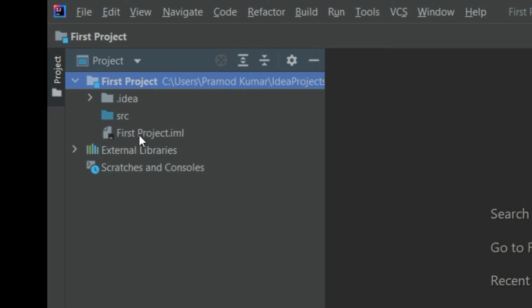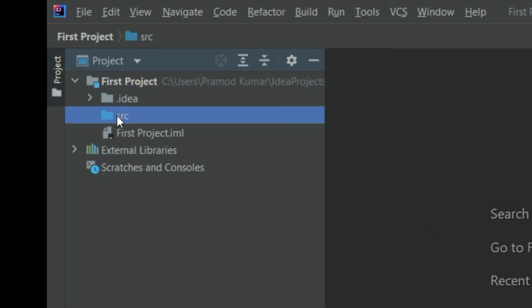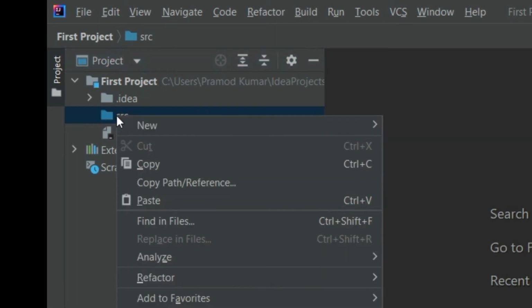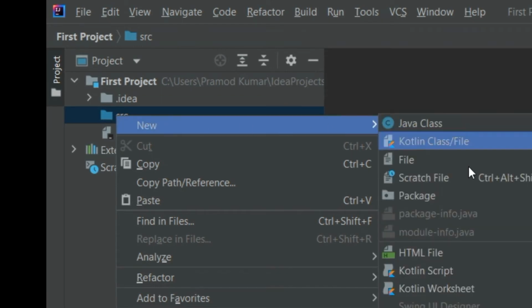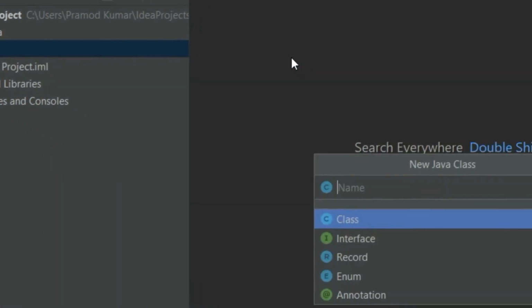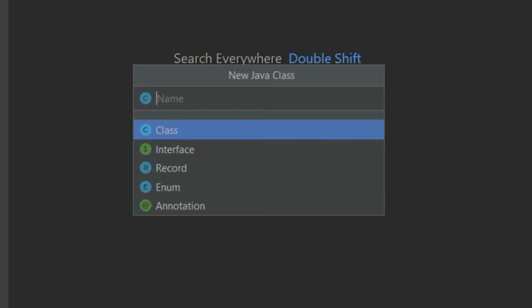You can see you have one src folder. This folder is there just to create all your Java files. So let me create a main class in that. Simply right click on this folder, go to New, and you have many options for what kind of file you want to make. I'm going to create a Java class. Simply click on Java, and in Java also, what exactly you're trying to create: a class or interface or enum or any other thing. So I'm creating a class, and the class name is Main,